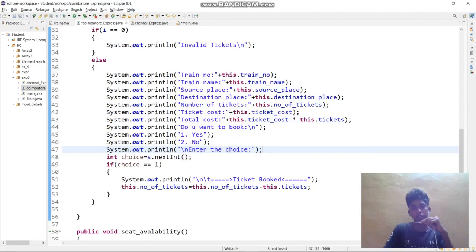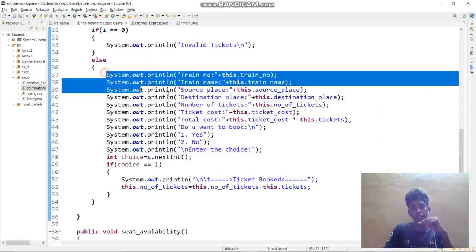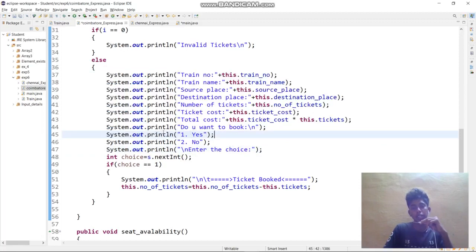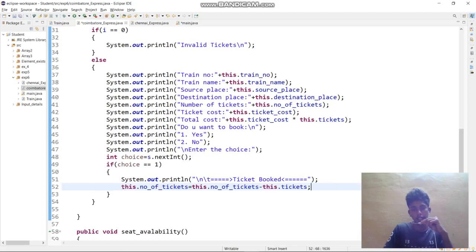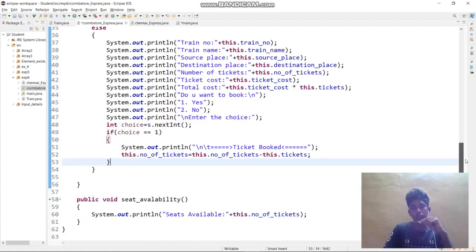That particular object will be accessed by that index number and printed. According to that, if you want to book, you will press yes, otherwise no. Then according to the choice, if you choose one, it prints that the ticket has been booked. And the tickets you have reserved should be reduced from the original. So number of tickets equals number of tickets minus these tickets. So this is the booking of tickets.